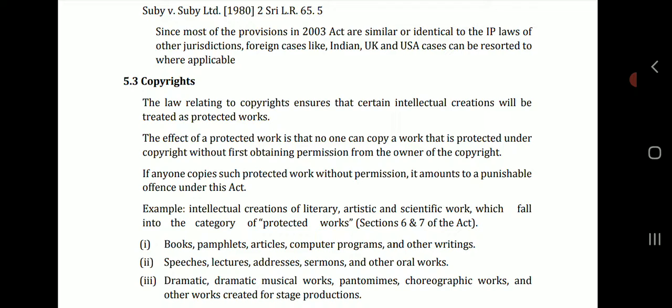So what are these copyrights? Protected works are artistic, literary, and scientific works. If you copy from others and take it as your own idea, the original worker who actually registered their work can sue you under the copyright Act, such as